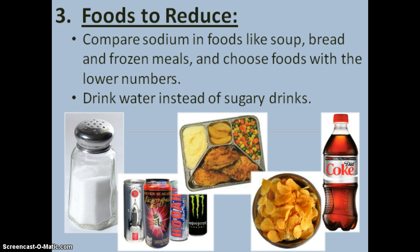In addition, think about juice. How many of you have juice all the time and think that it's